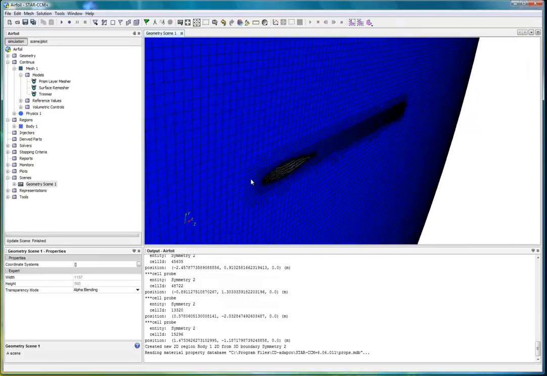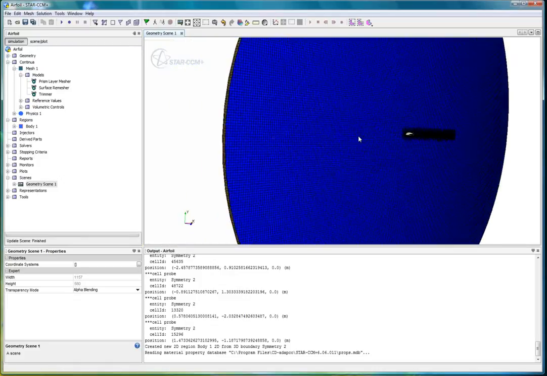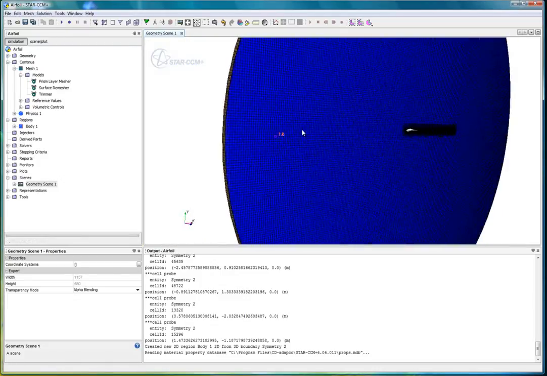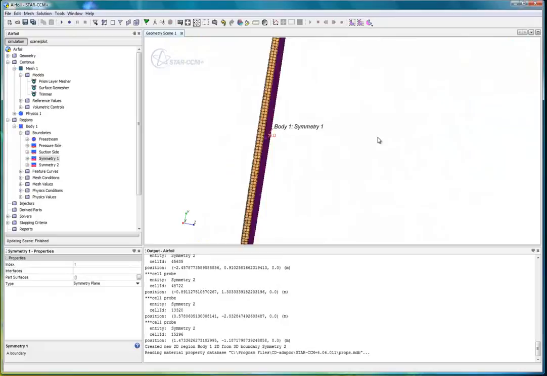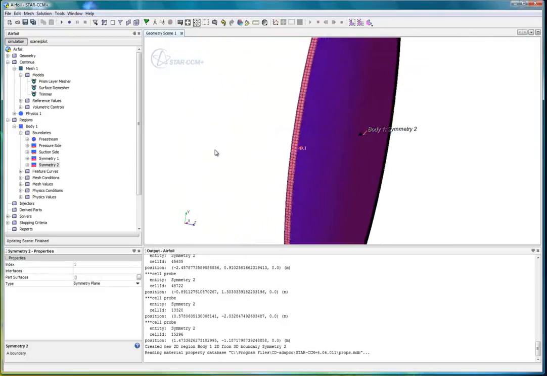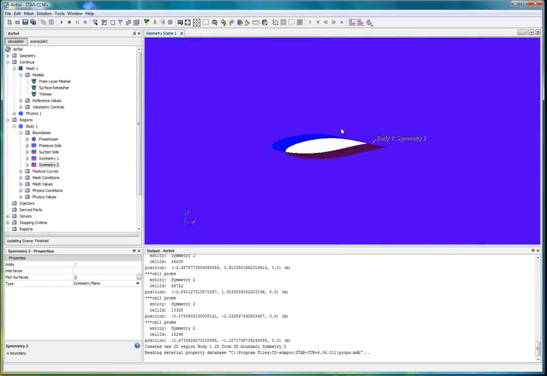You can see I added a far-field domain. It is essentially a disk. It has some thickness because it is a 3D model. Now this model can already be set up as pseudo 2D by setting this plane and this plane as symmetry planes. I say it is pseudo 2D because you are not including 3D effects that a wing has, such as